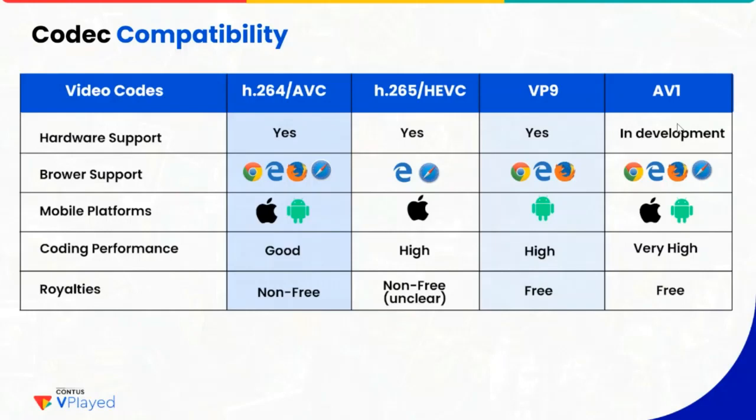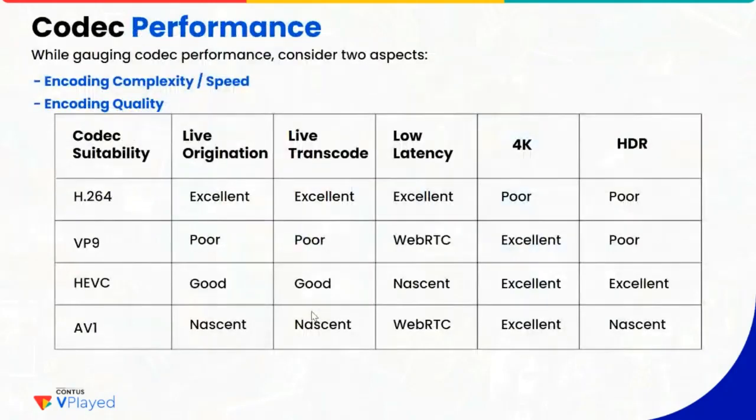Recently in November, Netflix just started to transcode video with this encoder type AV1, and it is available for a handful of TVs. So the problem is all about the compatibility of the end devices. When coming to browser support, it is supported in all these browsers, and of course the mobile platform as well. The encoding performance would be very high compared with other codecs. Here I also mentioned the royalties: in case we use different encoding formats, based on the license we can use them in our transcoding engines.